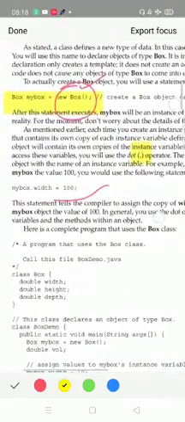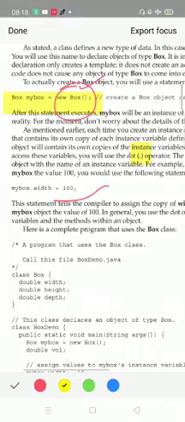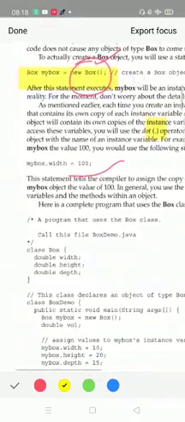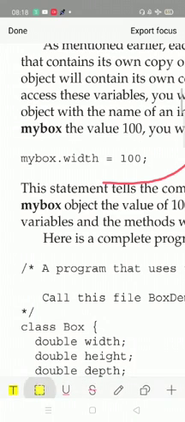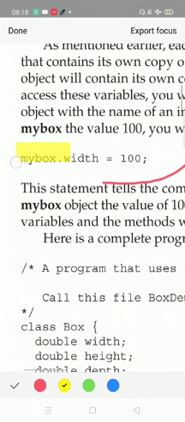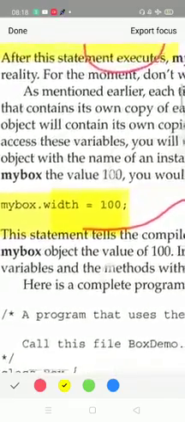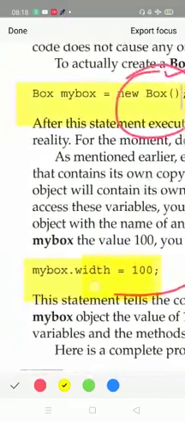Then accessing the members of the class. Accessing the members of the class is similar to the C++ concept. Mention the name of the object followed by the dot operator followed by the name of the member which you want to access. See, myBox is the object you have created here.